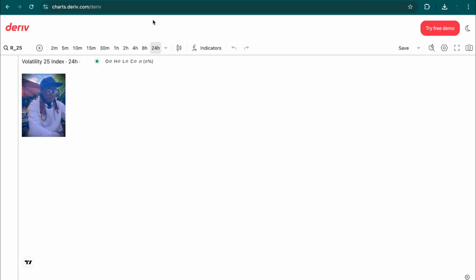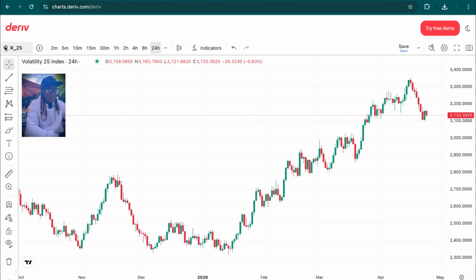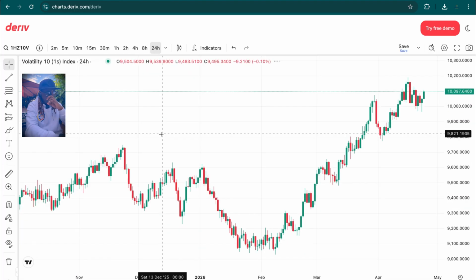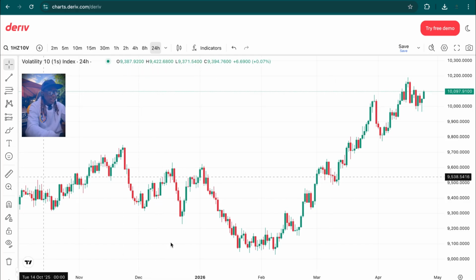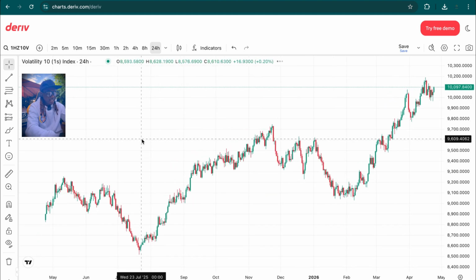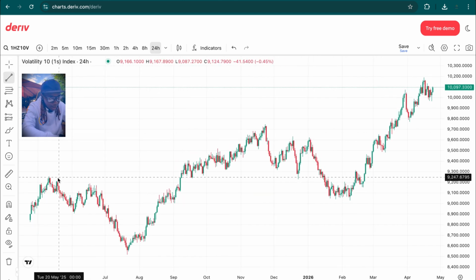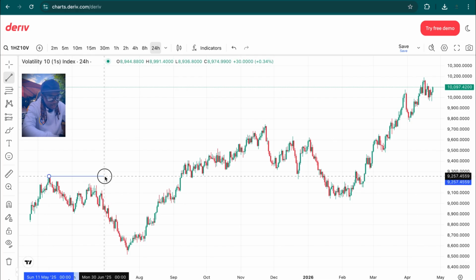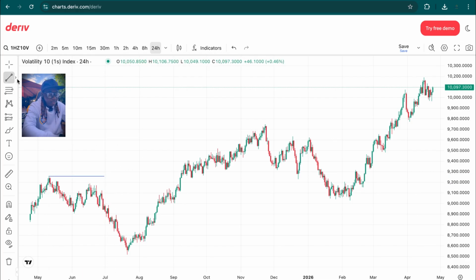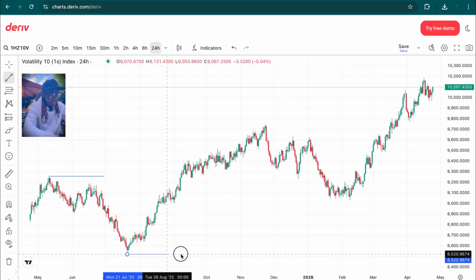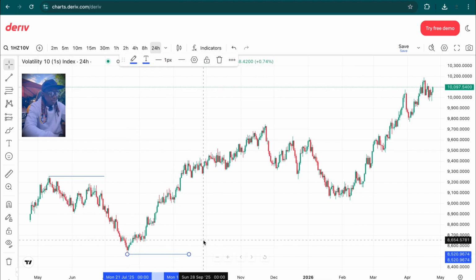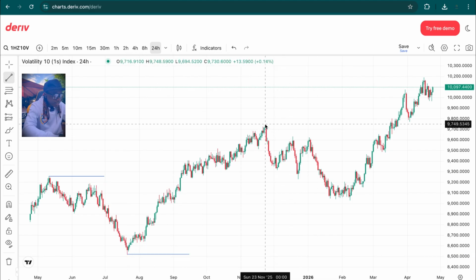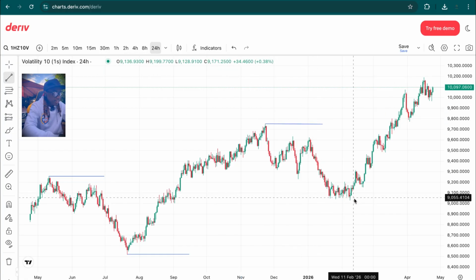and start by going to Volatility 10s like that, and this is the market that we want to analyze. So this is the 24 hours. This is the structure that we have, and I'll start by marking this higher high there. After that higher high, we had this higher low. After that higher low, price came all the way and gave us this new high there, and then it gave us another